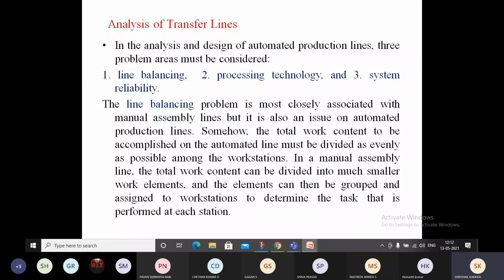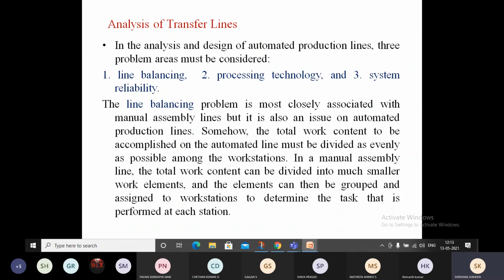We have to do a small drilling operation. The prerequisite is that the drilling we are going to do outside, to balance the line. Otherwise, if we have to do the drilling also on the same integrated line, other products will be waiting. There will be jamming of stations. So that is one simple example.